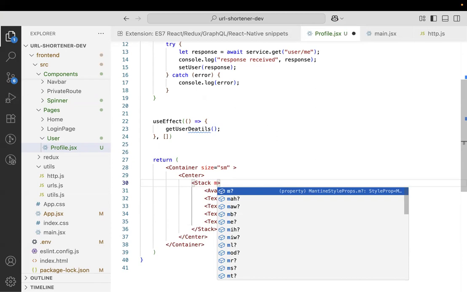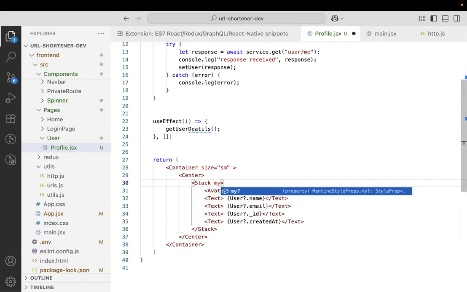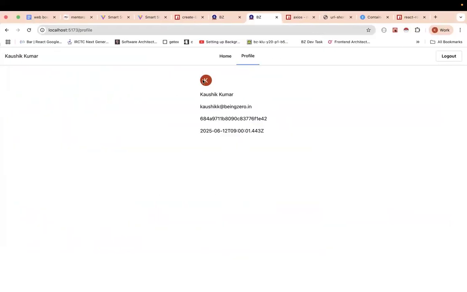If you want to give it vertically, you have to say Y. If horizontally, you will say X. Again, same thing. What you have to do is give medium, large, extra large, whatever you want. Let's say I want extra large. Save it. You see a margin coming in the top as well as the bottom,